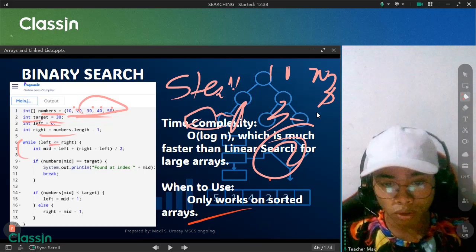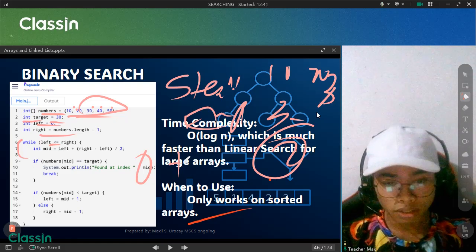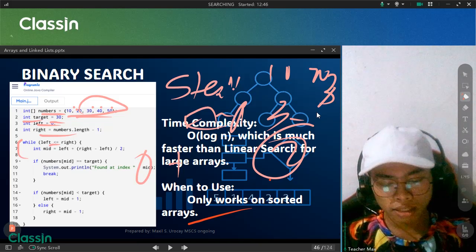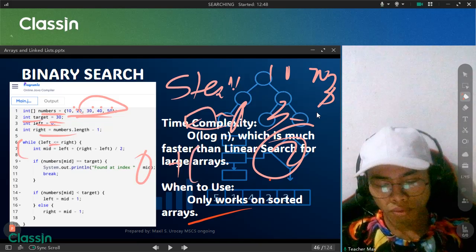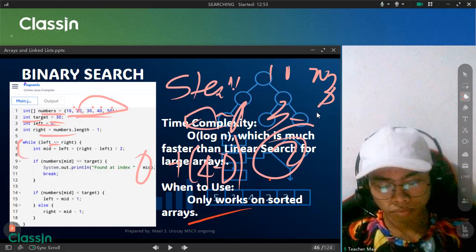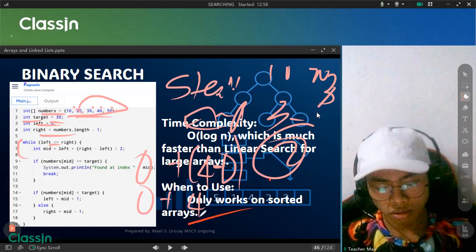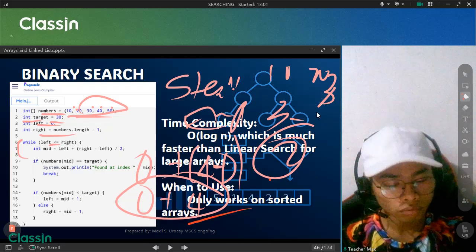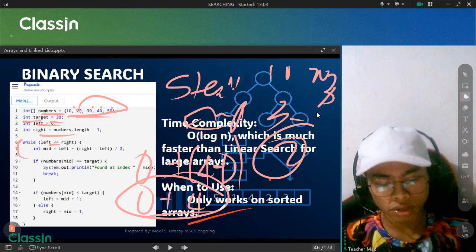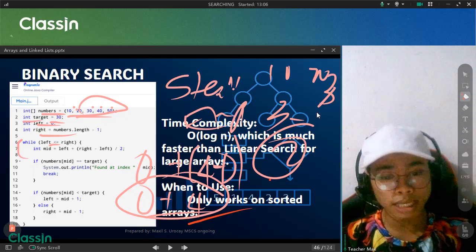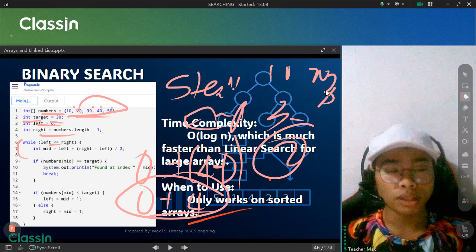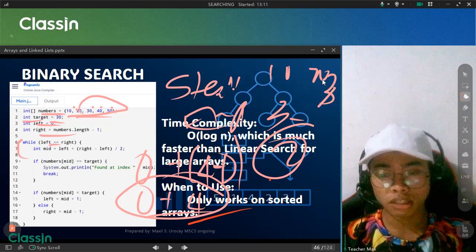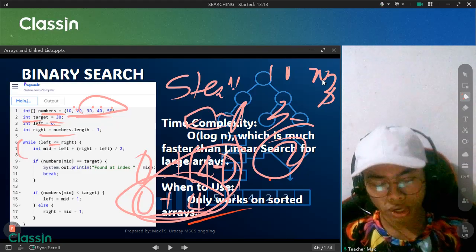Now, what will be the left in here? 0 plus right minus left. The right is 4, so that is 4 minus 0. So 0 plus 4 is your index, then divided by 2. That's how it's represented. It is still the same thing as in our calculation, the same process, but in our code, this is how it should be.